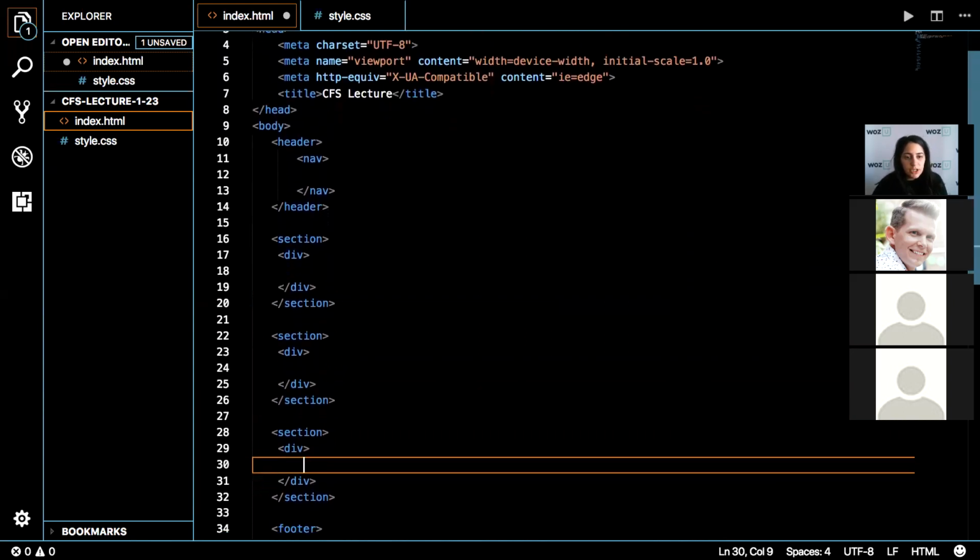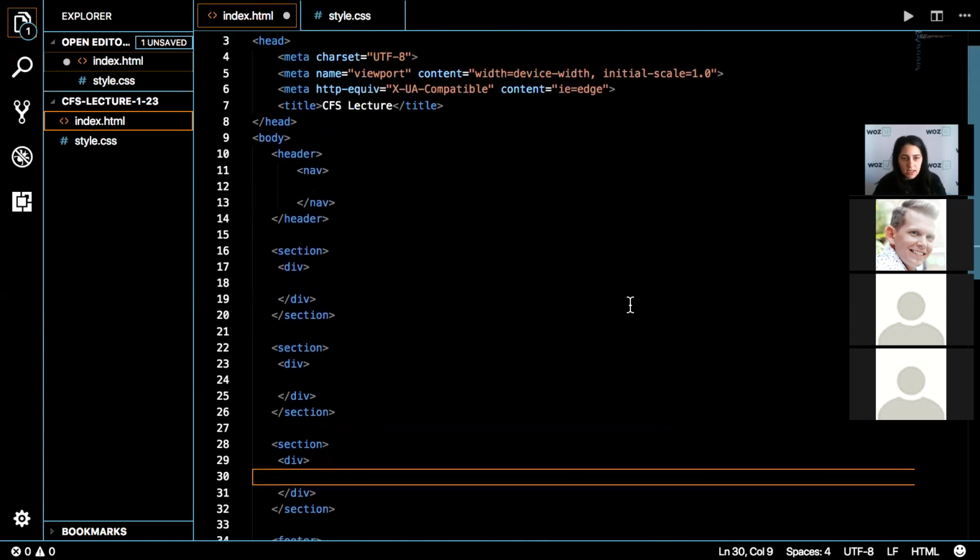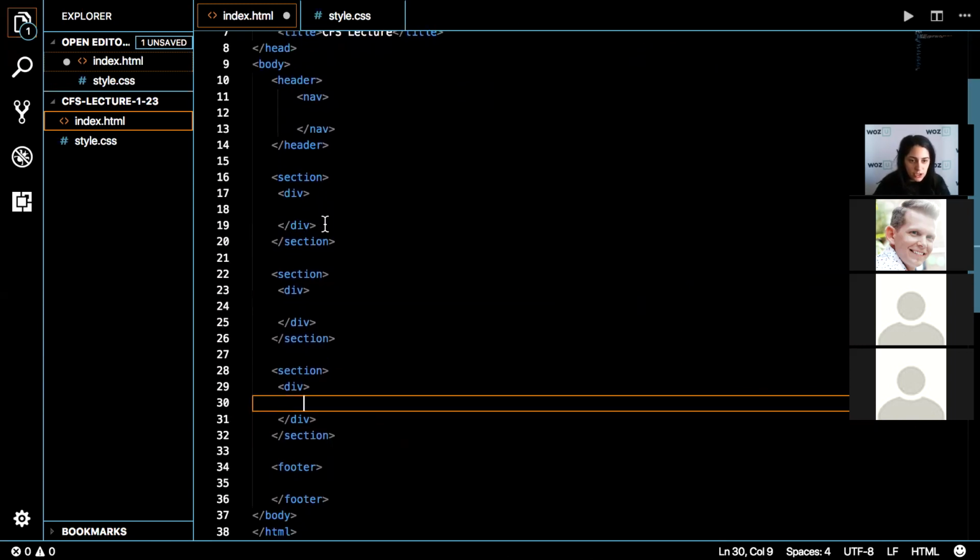Now we're starting to outline our document. I have a header, I have a navigation inside of my header, I have 3 sections, each with some divs inside, and then lastly, I have my footer. So now I'm getting more structure here.